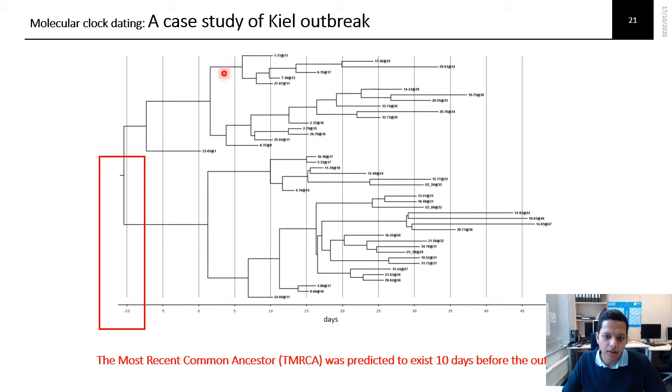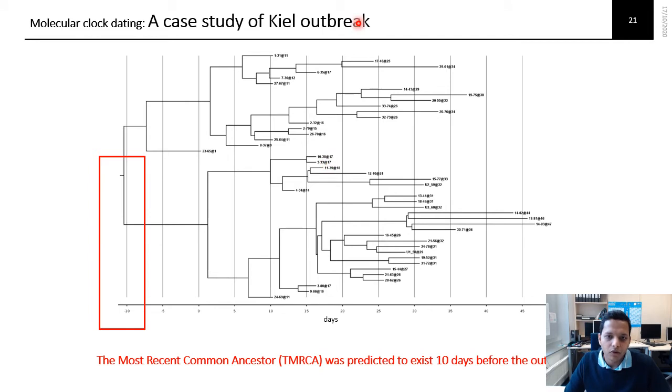So you can see here this phylogeny, or a tree, where isolates got placed according to their nucleotide differences as well as the date. You can see the days here, and for example this isolate was isolated on the 26th day of the outbreak. This is the first day of the outbreak, and so on.